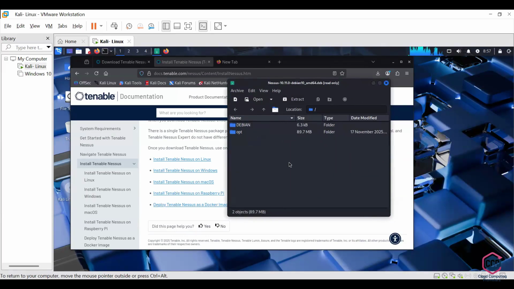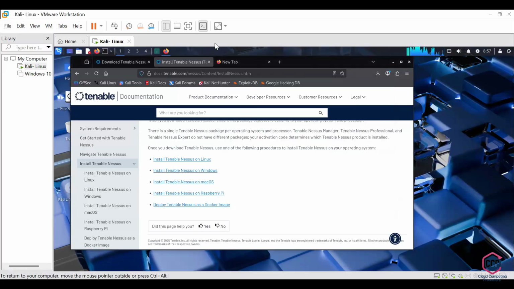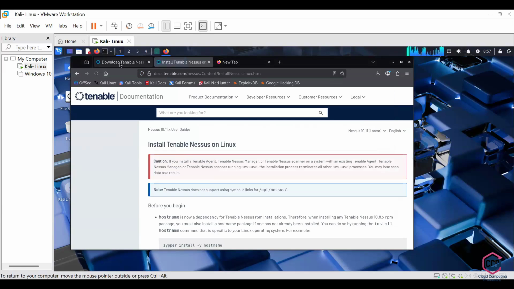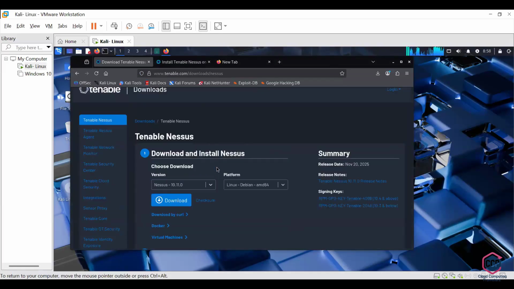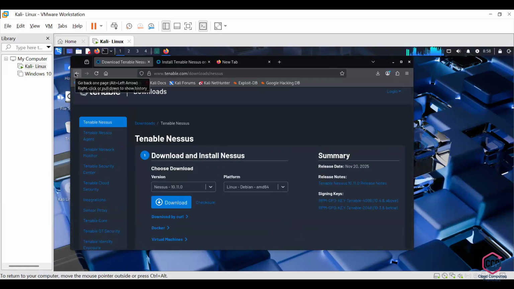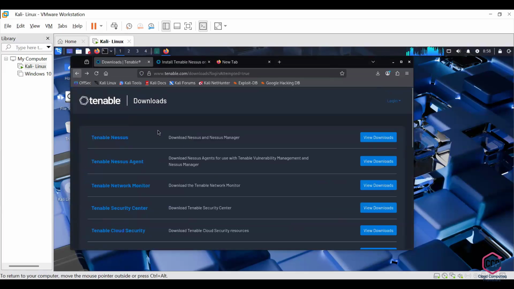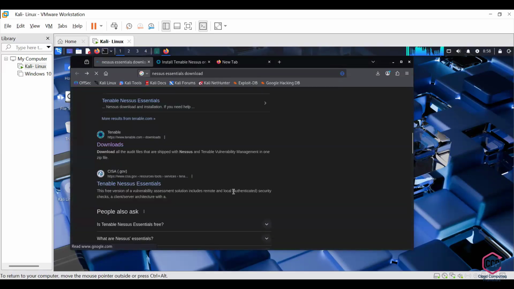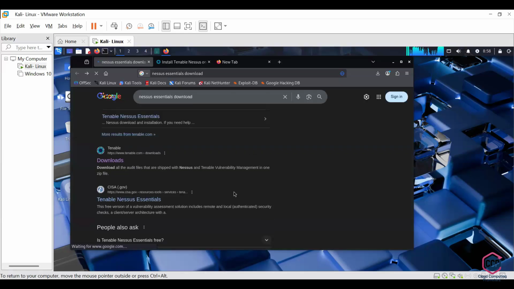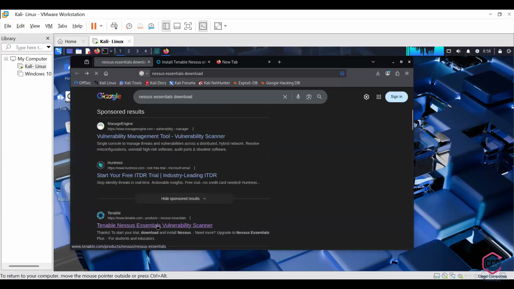Once, go to the website. Go to that link. Go to the first one, download Tenable. No, the tab which is in your first tab. You can download Tenable. You can go back in this. Once again, go back here. Go to the first website. Above this there is one more. Click on this right now.